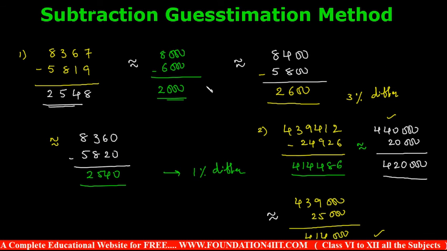This is a technique you can follow when doing subtraction also, especially only for guessing. Original subtraction solutions we already learned in previous chapters. So spontaneously if you want to guess with a little bit of difference, not so much different, 2, 3, 4% difference, by making it nearest to thousands or hundreds or tens, as per our convenience we can guess. This is the way. Let me explain a few more guesstimation methods, in multiplication and divisions also, now.